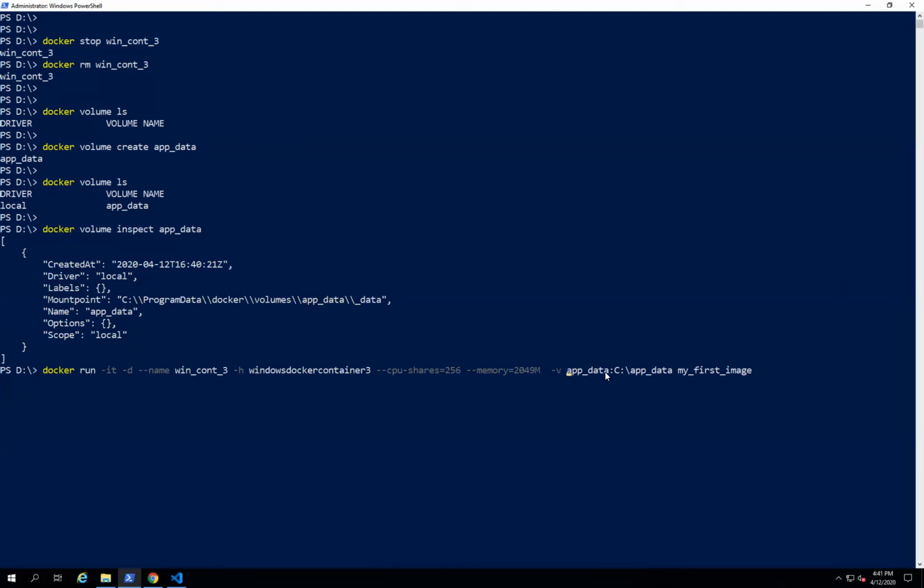Same volume app_data inside the container, I'm just mounting at the C:\app_data location. Just run this container. Container is created.